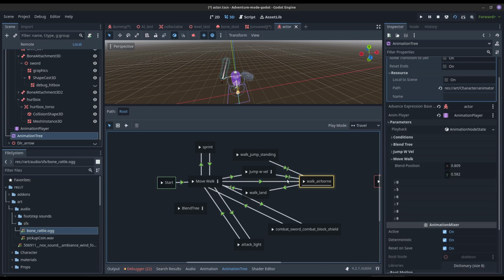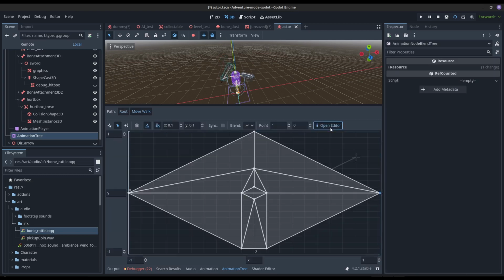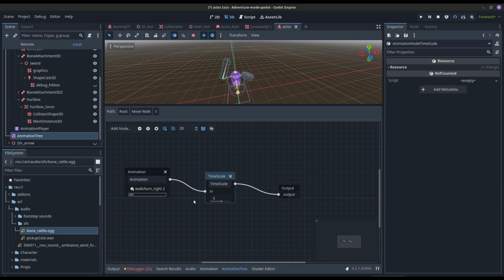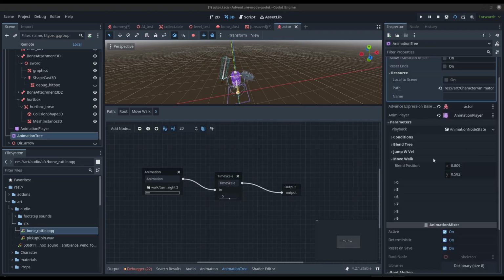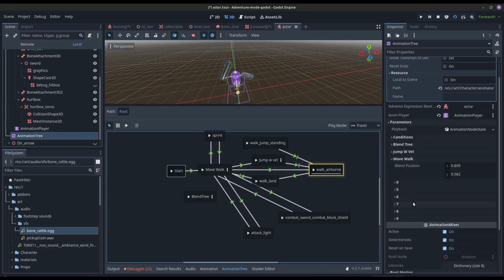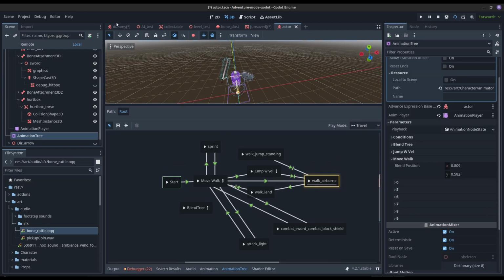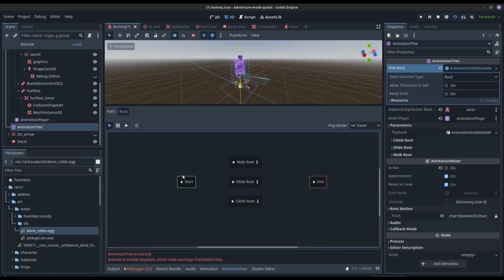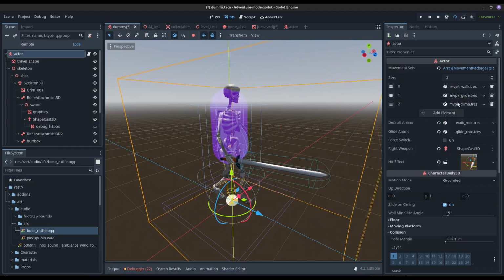Those are actually the time scale. So if I click on this one over here, I open the editor, you can see my turn animation, I'm multiplying it by 5, or I'm having the speed go 5 times. That's because I wanted to be able to dial in the particular feel of the character, how quickly it turns, its responsiveness, and how it feels. And so it's important to be able to set your variables like that. And these are all exported and given names that aren't super informative to me. So that is why I created my system, that you just give it these different things in this array,